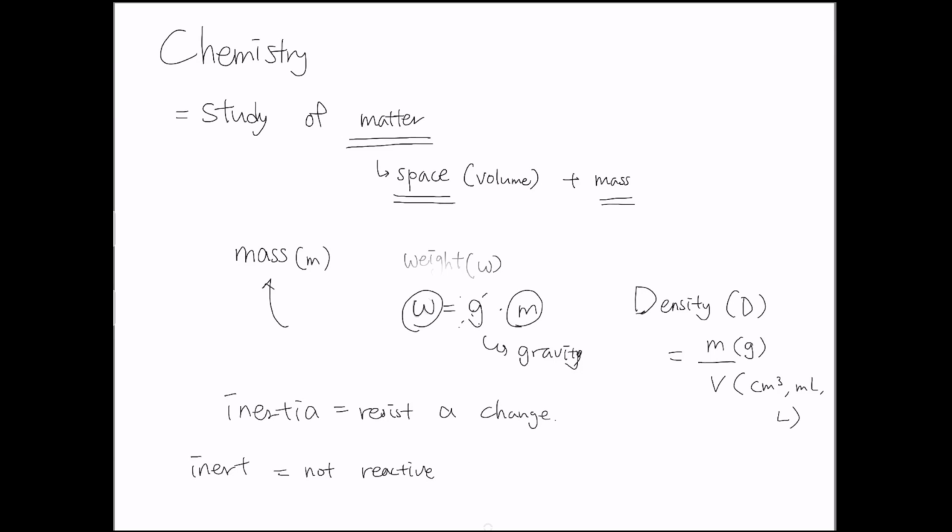Density simply explains how dense the substance is. So if you compare, for example, gold versus styrofoam, gold is much denser. That's why it's heavier with the same volume, right, as compared to styrofoam. Every single substance has a specific density at a specific temperature and pressure. So at a given temperature and pressure, density is constant. It doesn't change.